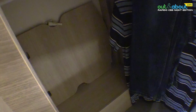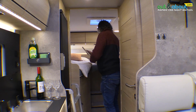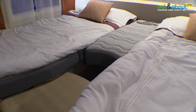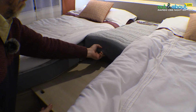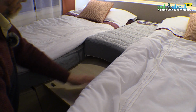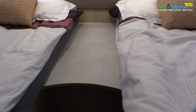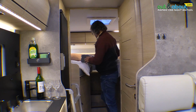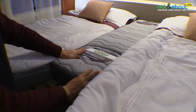Now, there's a panel in the wardrobe, and that simply slots into place. You just slide it underneath the mattresses. Now, notice that the mattresses on either side sit on slatted bases. This centre section is solid, but the panel locates firmly, and there's just an infill cushion to go on the end. And then you add the ladder,